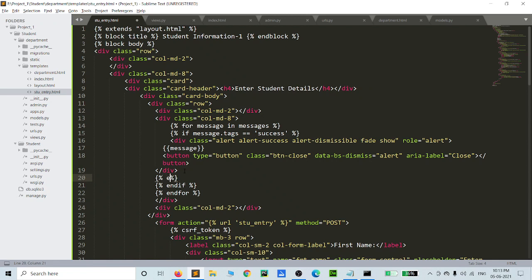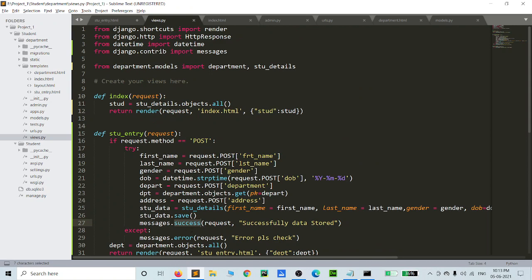Okay, elif message.tags equal to error block. Okay, so this is the method for the error, this error block.